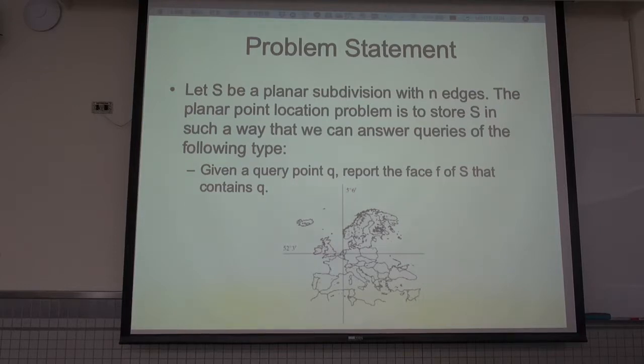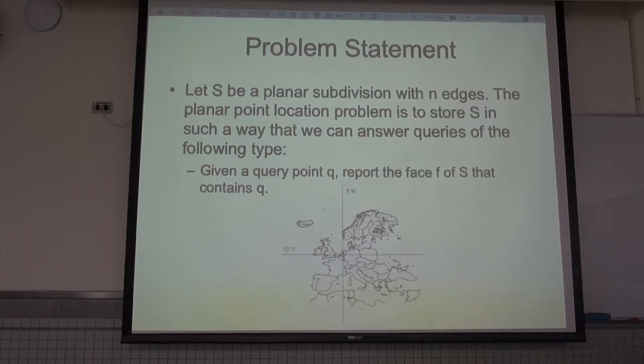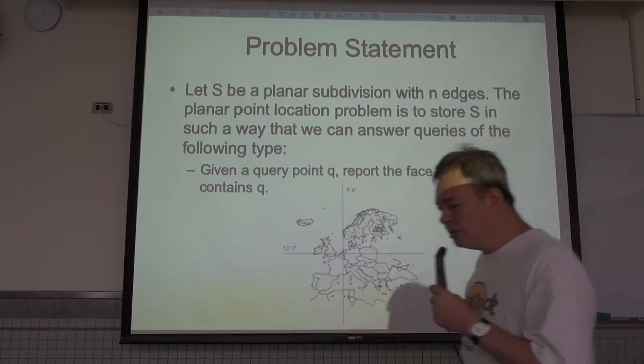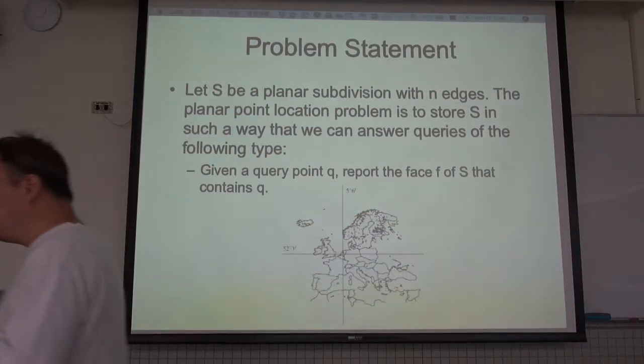This is of course a very common application. We could have a map that represents the region of each country. For each country we have a different region. That's basically a subdivision, right? We talked about subdivision. So this problem basically is to ask,